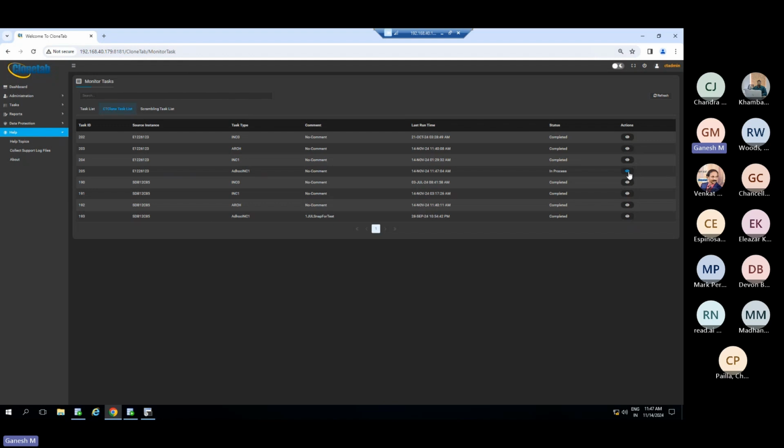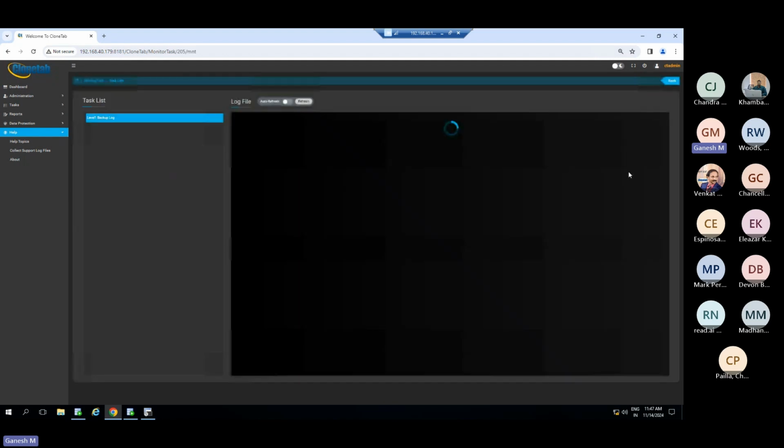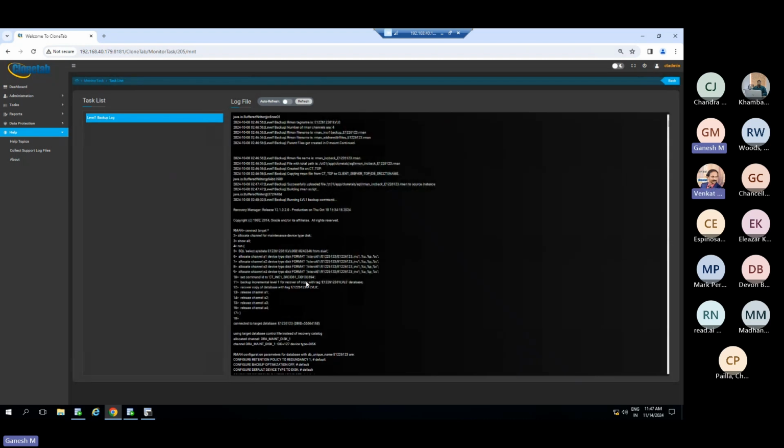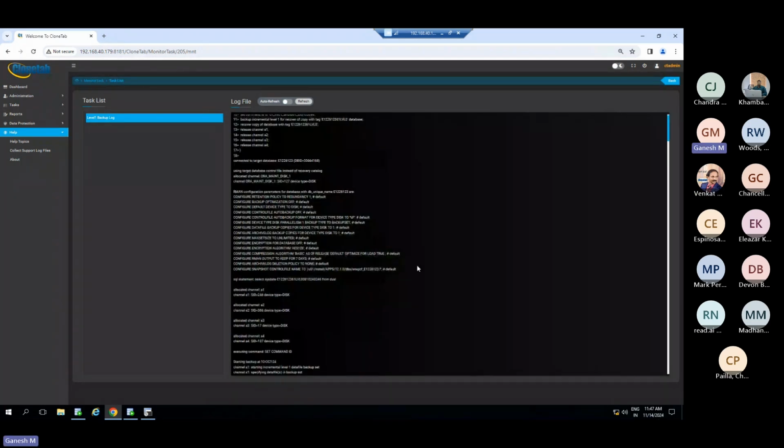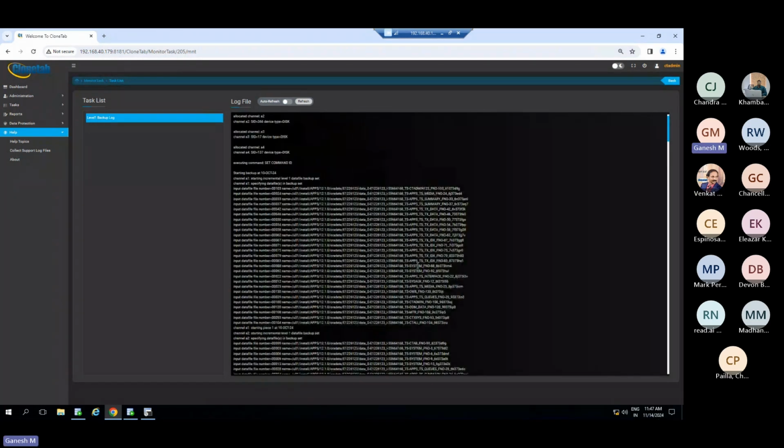If you want to see the process, we can click on the view button there. So here the backup was launched and it is still running. Okay, thank you, Ganesh.